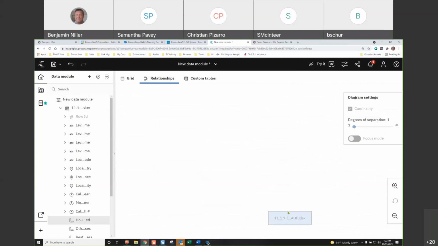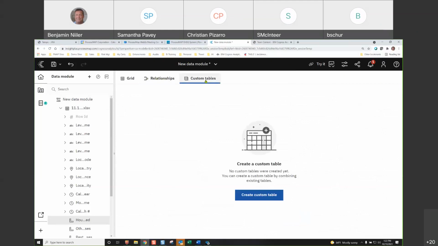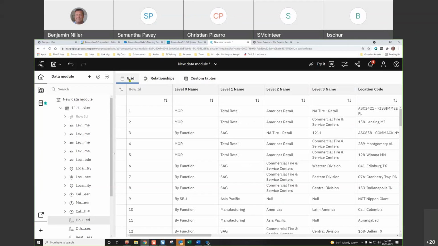Here is where you can join relationships with data tables, and you can build custom tables as well. This is something I'm not real familiar with. But if you are interested in managing your data, and this is basically a very beginner introduction into